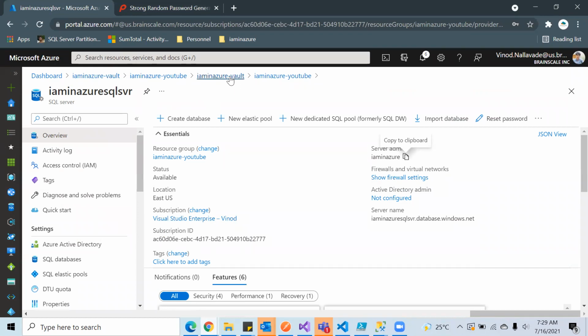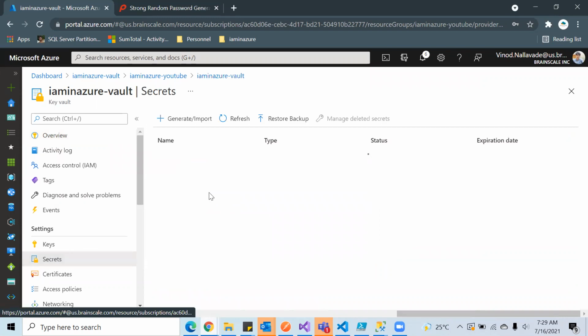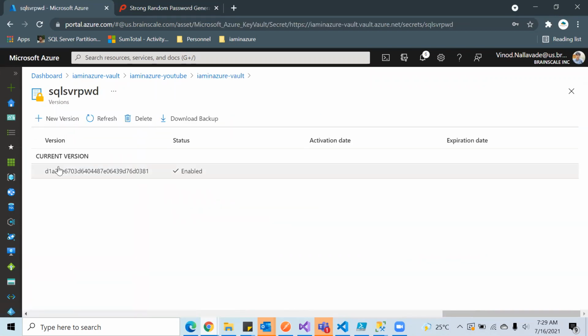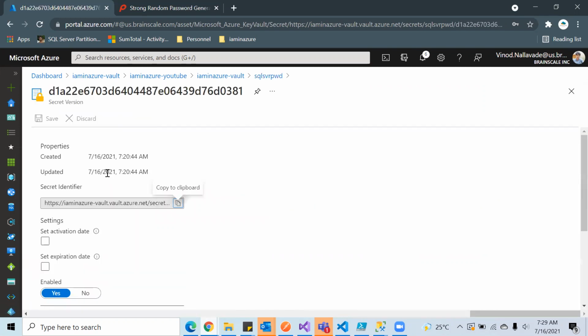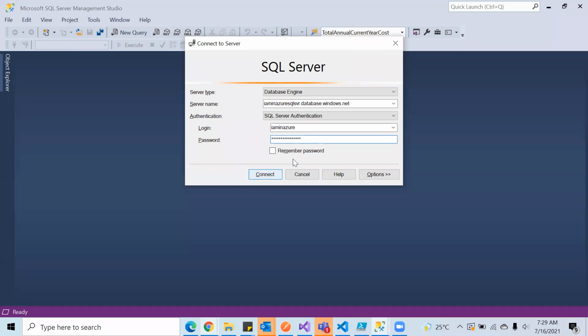You just go to key vault and secrets, and when you hit your first secret, this is in enabled state, and if you come down and show secret value, this is the value that you're gonna have for your SQL Server password. You can copy this and you can use this.